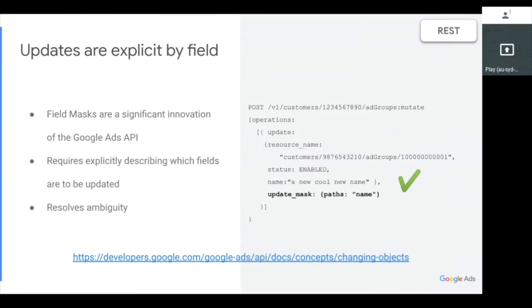The next thing that I would like to share in this session is the updates. So in the Google Ads API, as you have seen a little bit in the previous sessions before, we have made a significant innovation of the Google Ads API for updating objects. It is called field mask. So it requires you to explicitly describe which fields are to be updated. At first glance, you may think that it's actually more work for you, right? You need to further provide another field when you want to update things, but it actually can resolve ambiguity for